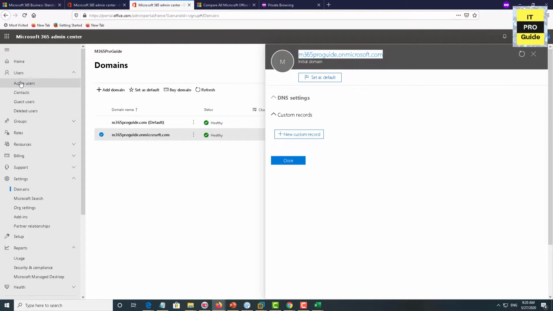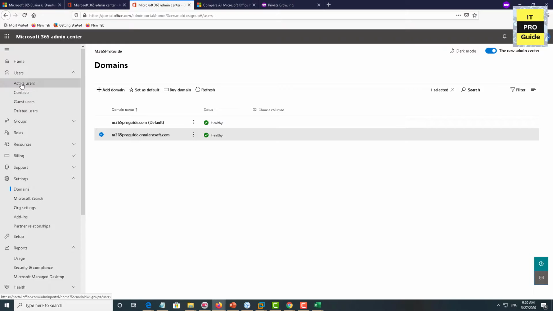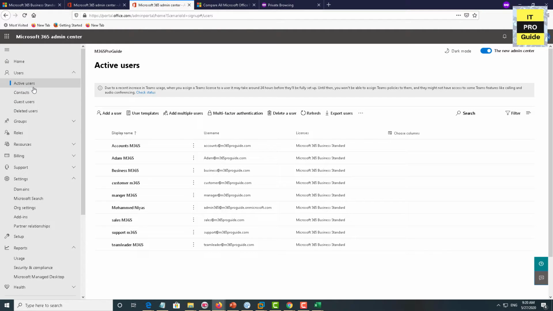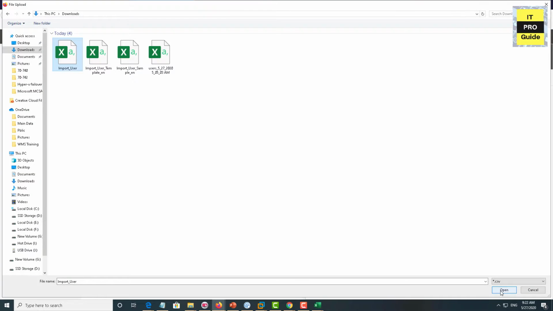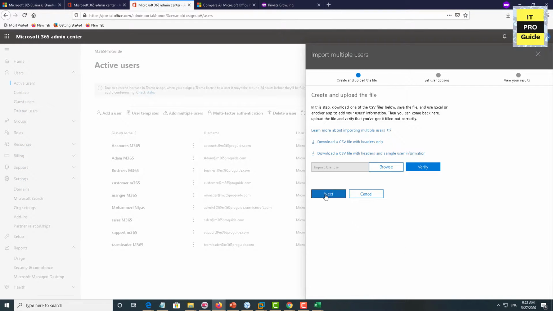For that, go to the admin center of the target tenant and click on Users and Active users, and from there you will see an option, Add multiple users. Click on it, and here you also have an option to get this sample CSV file. If you want, you can download it from here. Now let us import the users. The CSV is imported. You can click next,